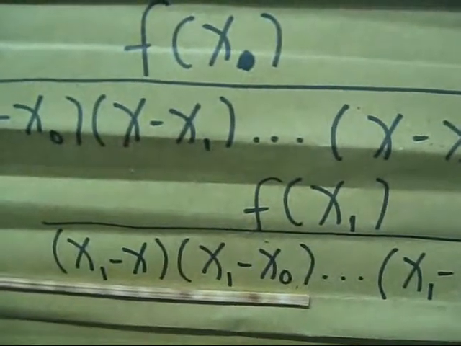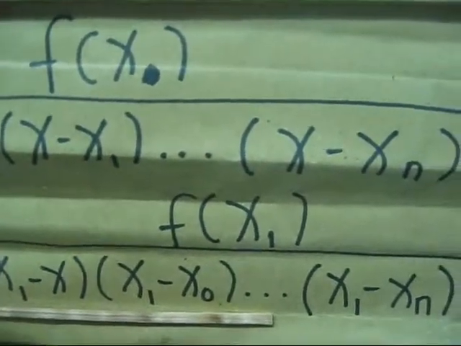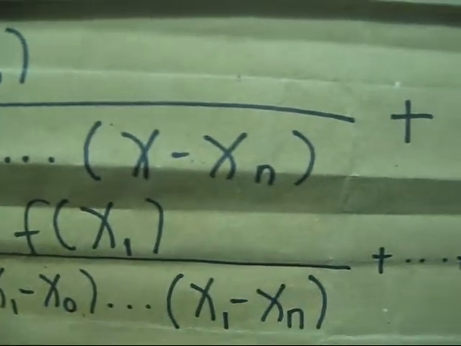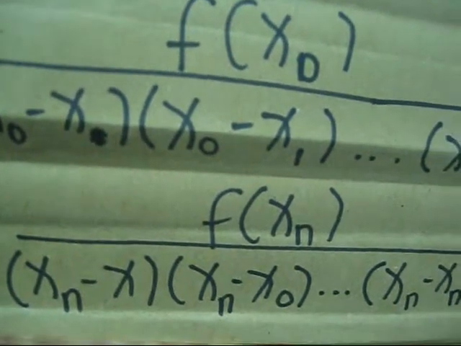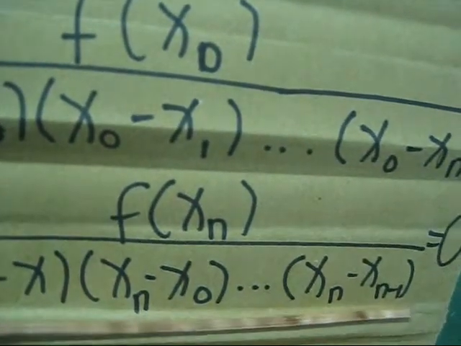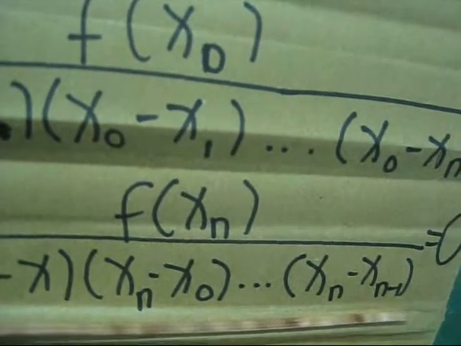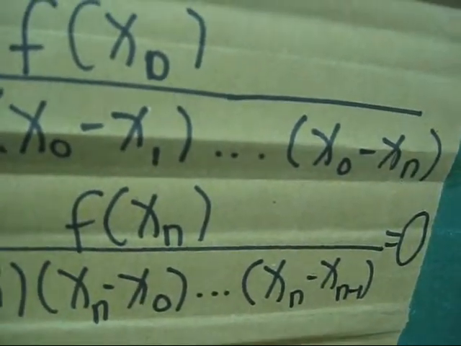x sub 1 minus x times x sub 1 minus x sub 0 up to x sub 1 minus x sub n plus up to f of x sub n divided by x sub n minus x times x sub n minus x sub 0 up to x sub n minus x sub n minus 1 is equal to 0. Therefore,